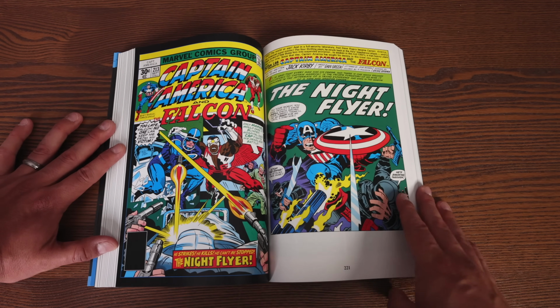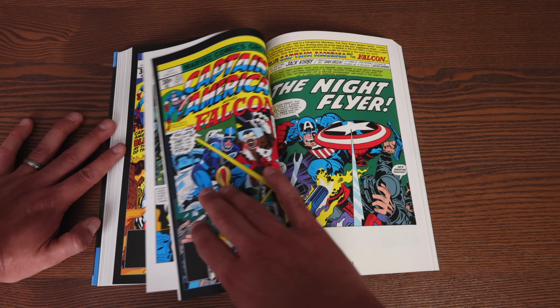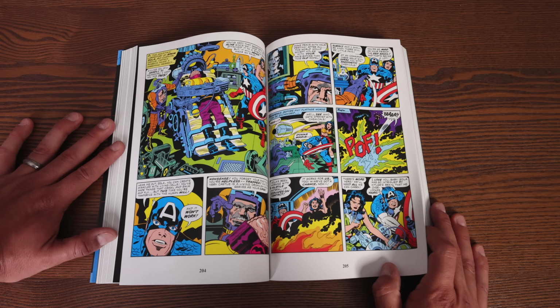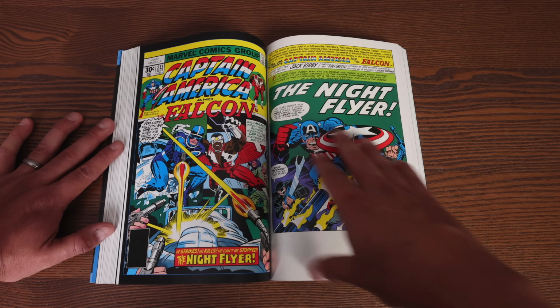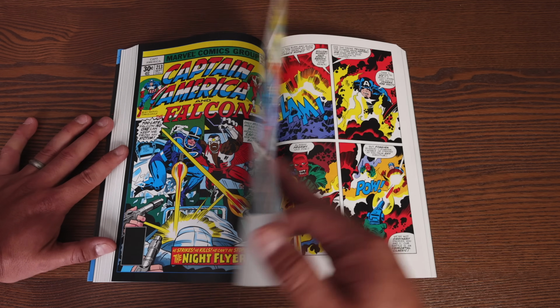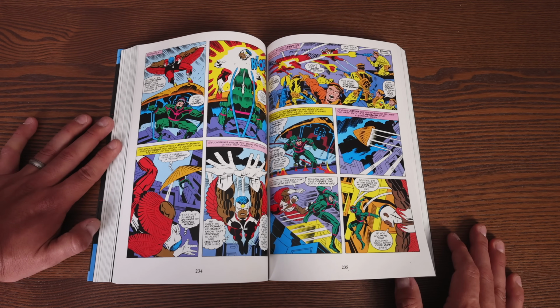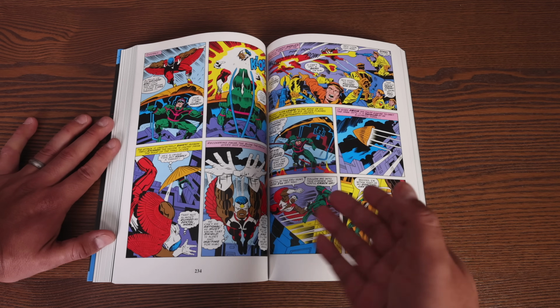And then we start seeing Jack Kirby wrap up his run. There's this story right here that is just the insanity of Jack Kirby, and that is the Hitler's brain storyline right here. You can find out how that ends. And then we have kind of like the last bit of Jack Kirby's ongoing creation right here with the Night Flyer, tying it into the storyline with the Red Skull